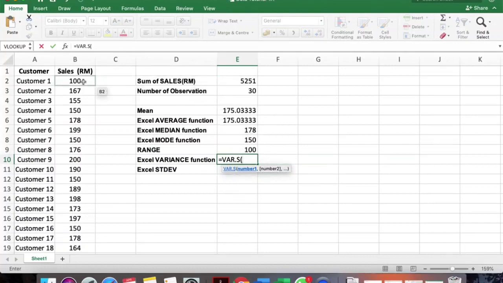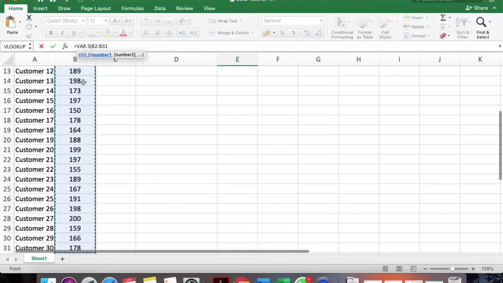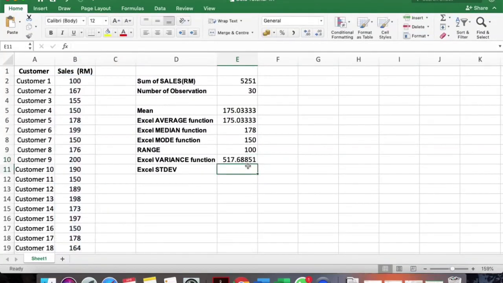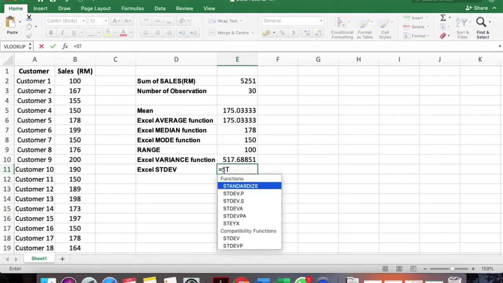Okay, so I choose this formula. Now I just select the entire data set and I just close the bracket and enter it, so I get the variance also, 517.68851.